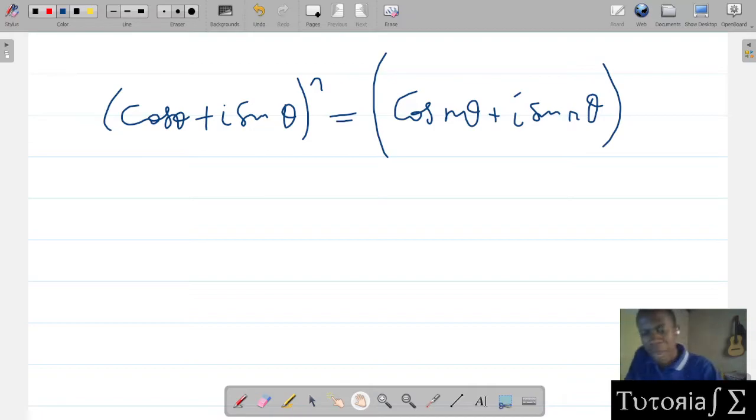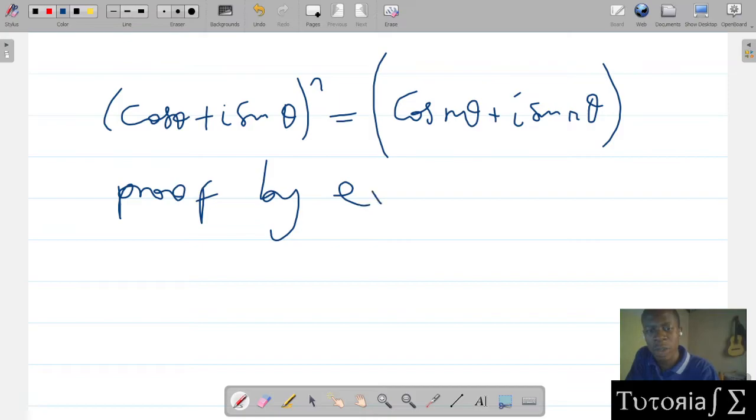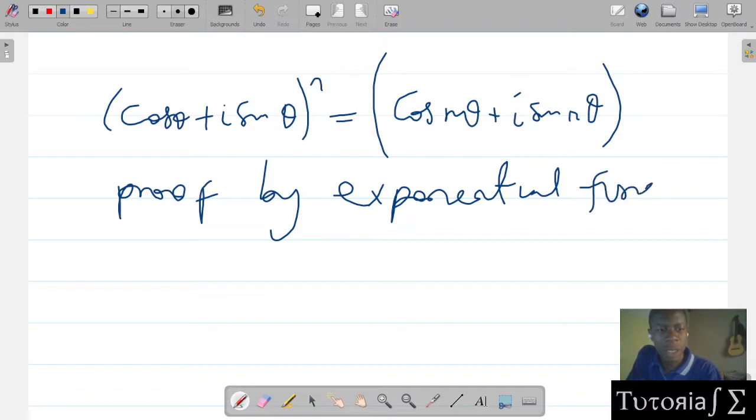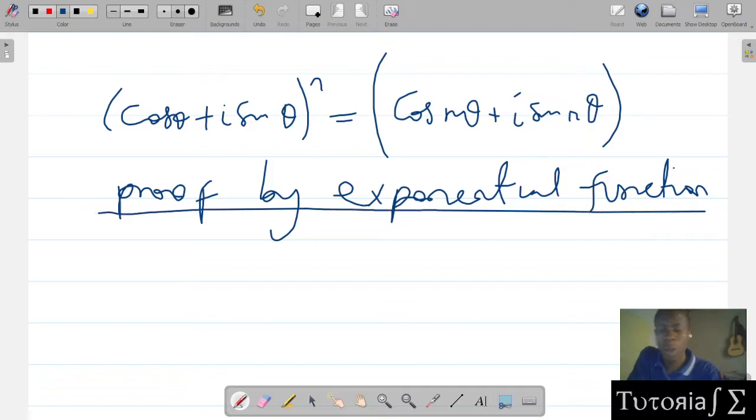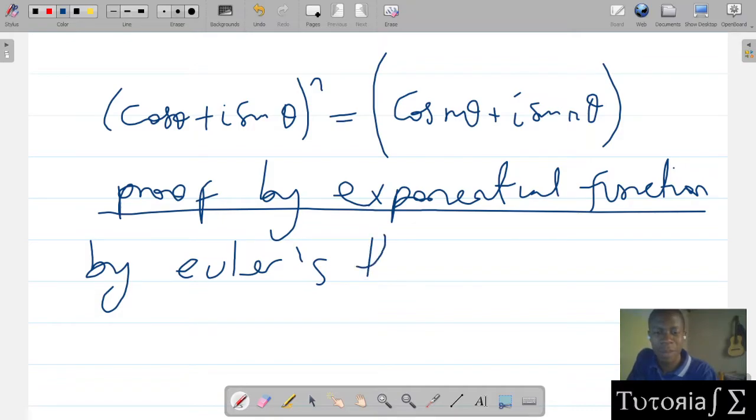So proof by exponential functions, we're going to use Euler's theorem, is it Euler or Euler's? Depends. By Euler's theorem,